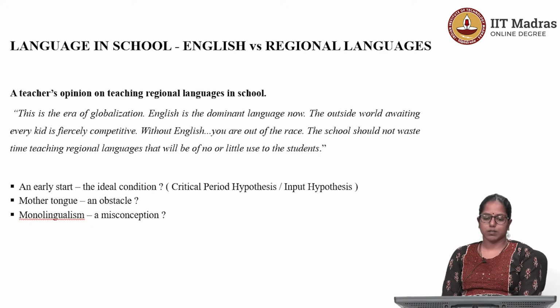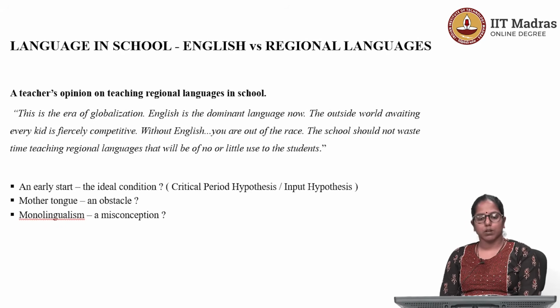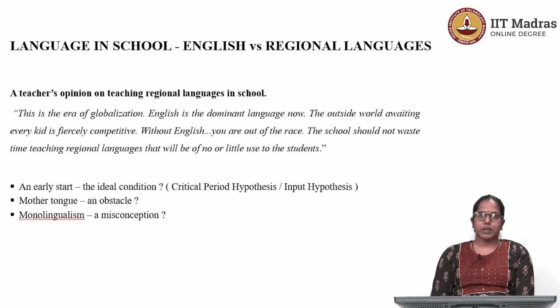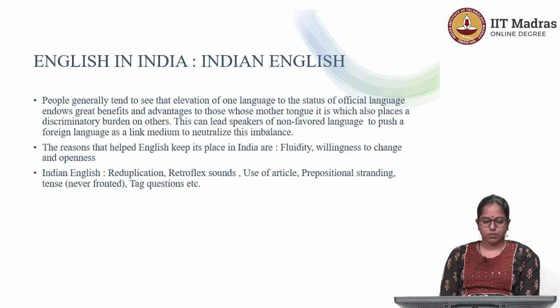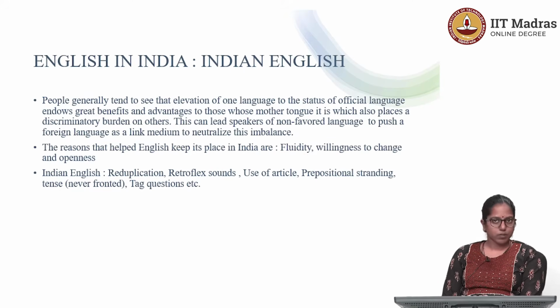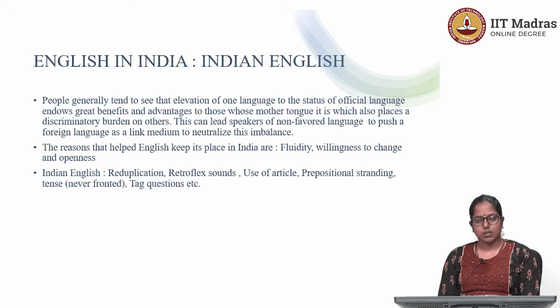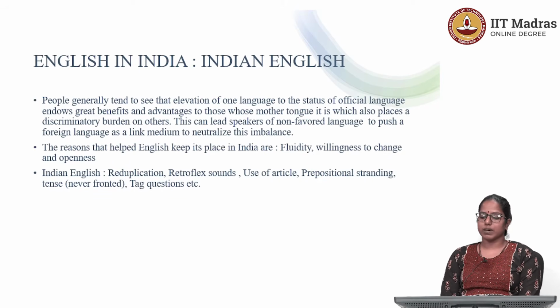So with that, let's say goodbye to the subtopic language in schools. We will now talk about English in Indian society. So when we are talking about it, I am going to tell you why English has flourished in India. One primary reason is that, of course, it's a global language. That is the language that is equated with success. But beyond that, what are the other reasons why English has flourished in India? Why not Hindi or Assamese or Sanskrit or Tamil or Marathi or Oriya or Malayalam? Or why English?